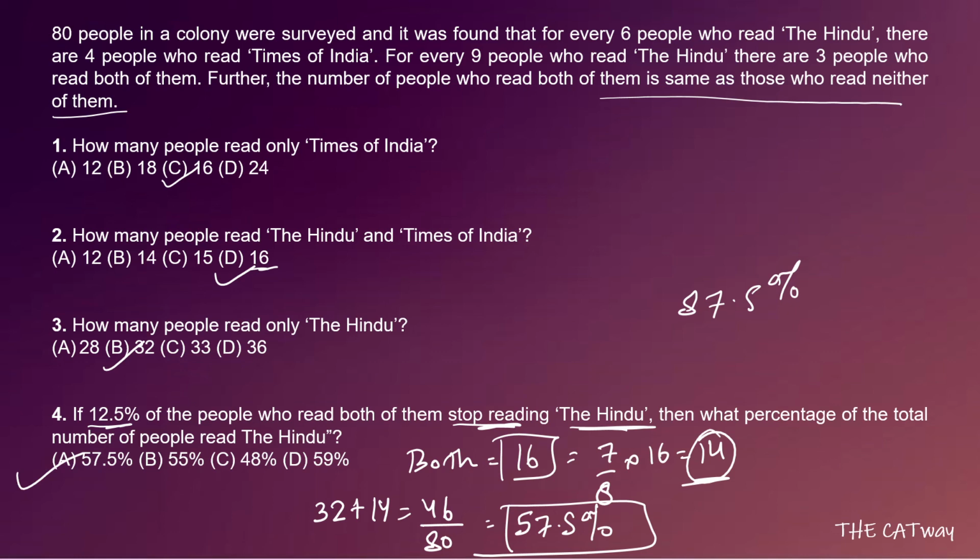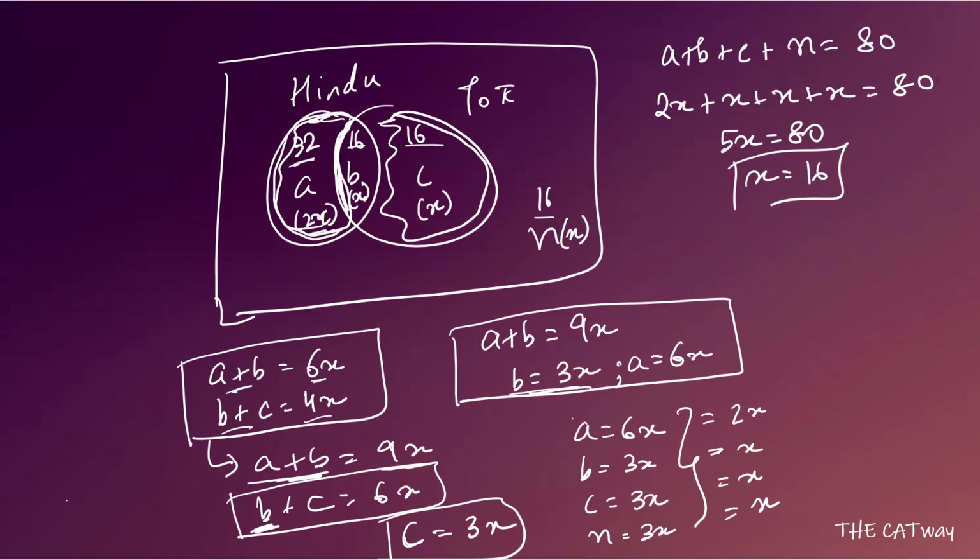So I guess it's clear to you all how we solve a Venn diagram in two variables. We always form this Venn diagram. We label each and every term, like A, B, C and N, and then we form our equations, and as we solve simple equations, in the very same manner we will solve this. So I hope everyone is clear with Venn diagram in two variables. So thanks for watching, guys. Let's continue with the Venn diagram in three variables.